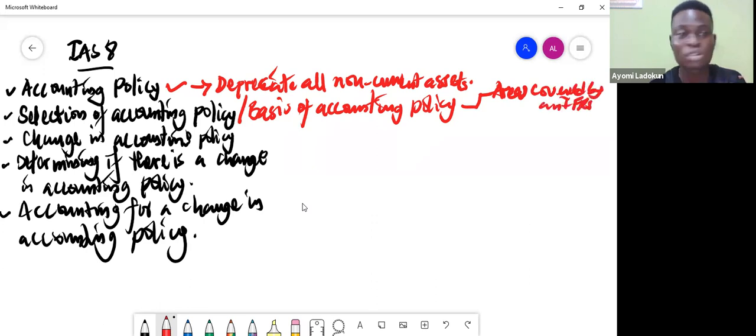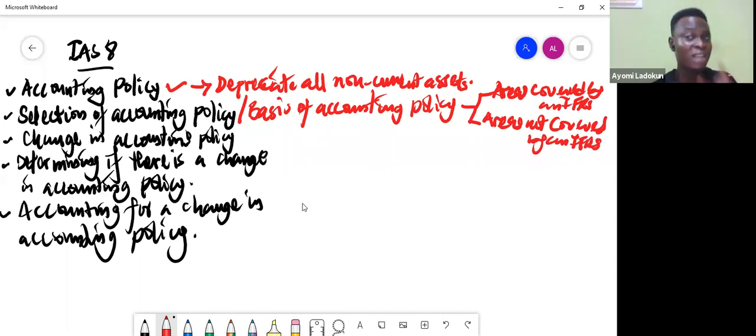Areas covered by an IFRS, you apply that particular IFRS. Then the other option is areas not covered by an IFRS. So if the area is not covered by an IFRS, IAS 8 says the management of that